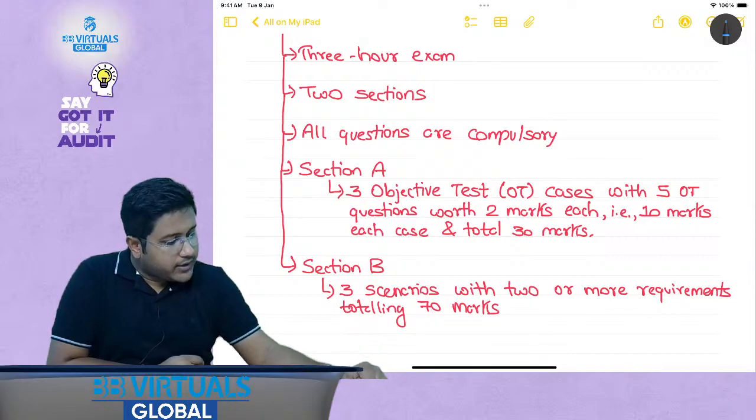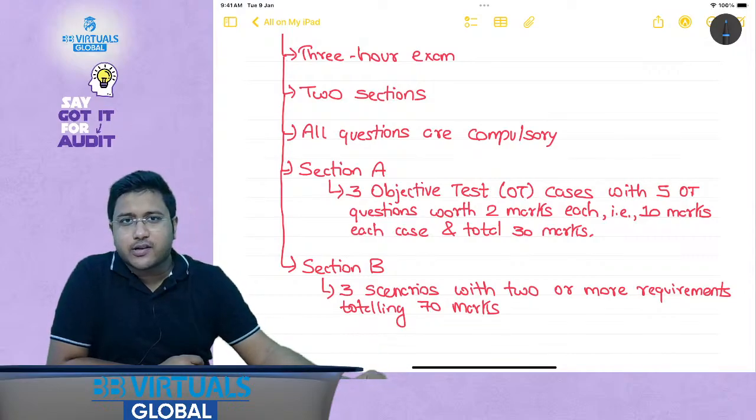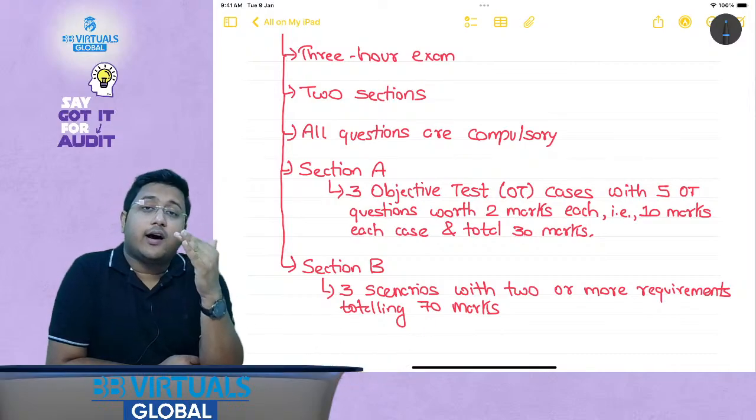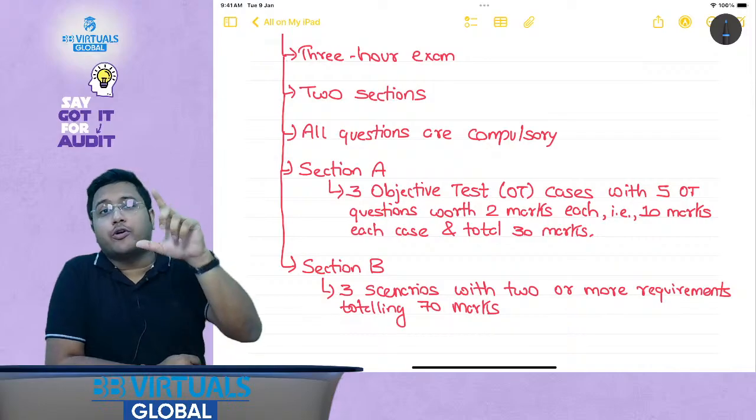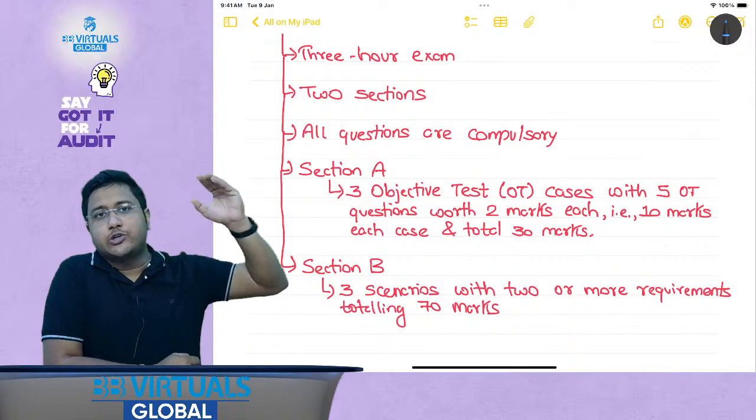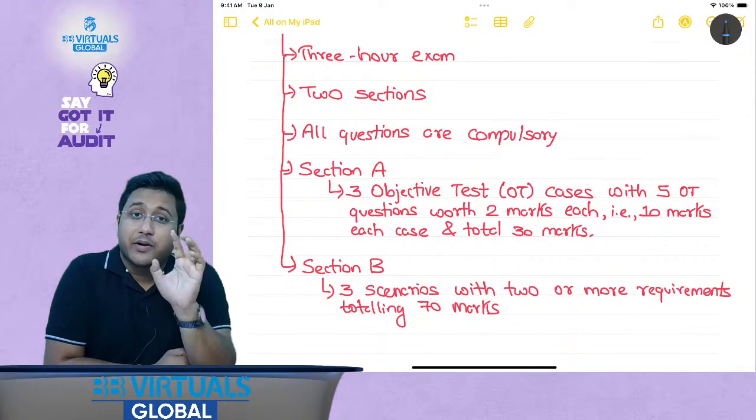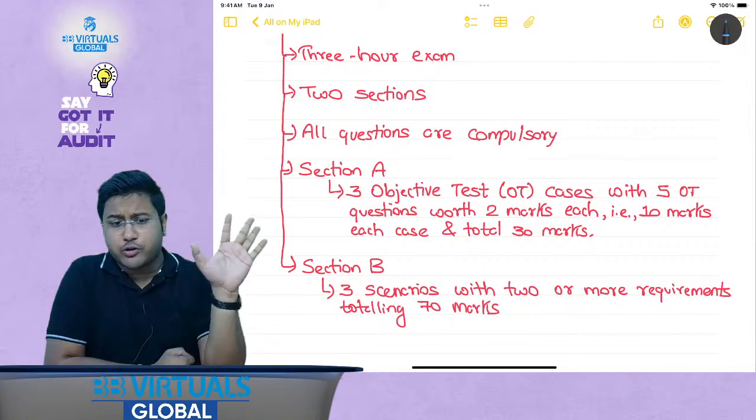You know, in some of my batches, when I say all questions are compulsory, students say, yes sir, it should be compulsory. No. In some professional examinations, there is a choice that is given, say from questions 2 and 3, opt for one or choose one. But here all questions are compulsory. There is no choice that is given.